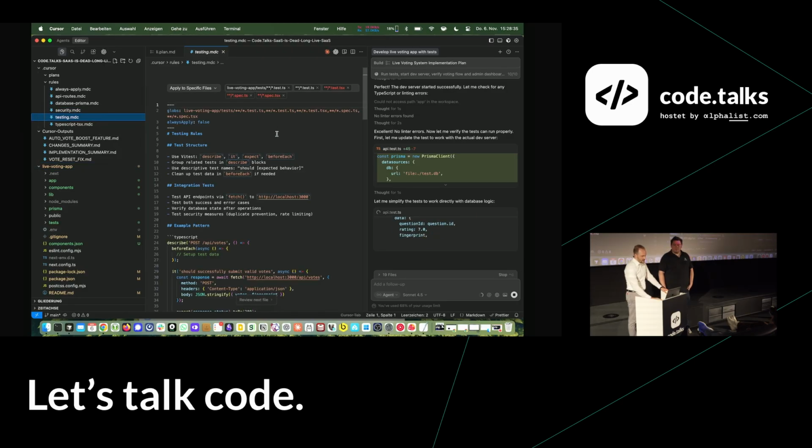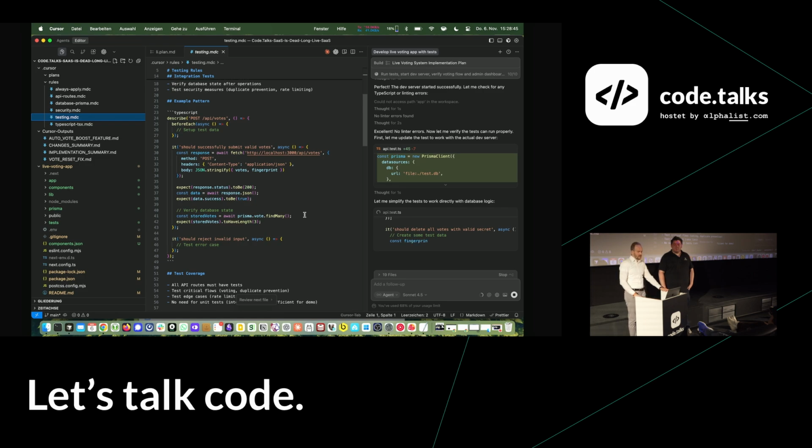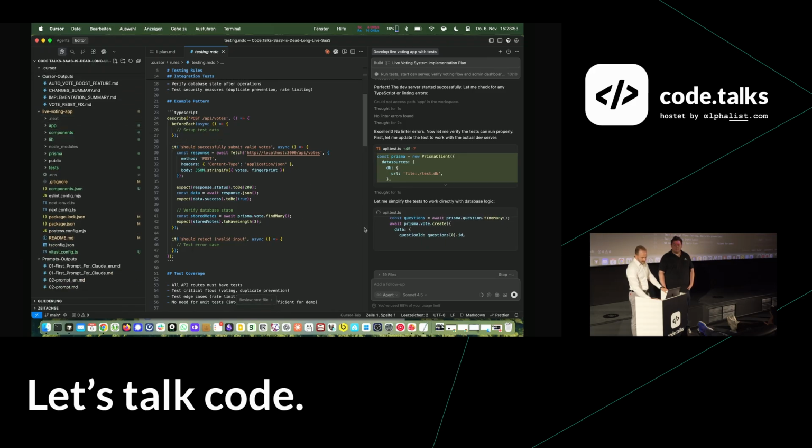And as you see, it is applying on specific files with the regex, so on test files. And then it, of course, takes this into consideration. The basic idea is to start with all this before you start with development. So let's see. Maybe we can let it create the tests, but we can already make a test if it's